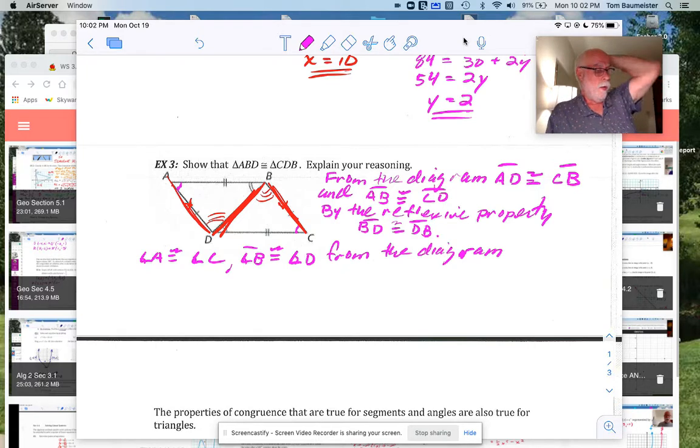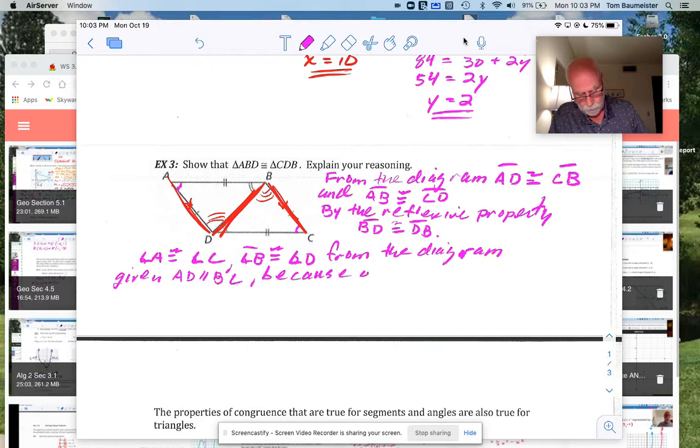So we can say that, given that AD is parallel to BC, because of alternate interior angles,